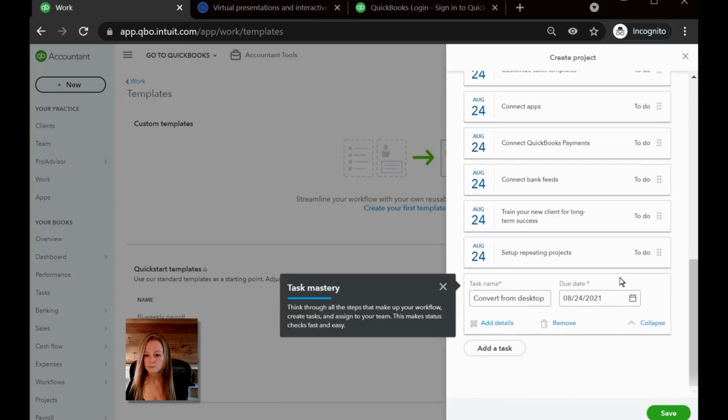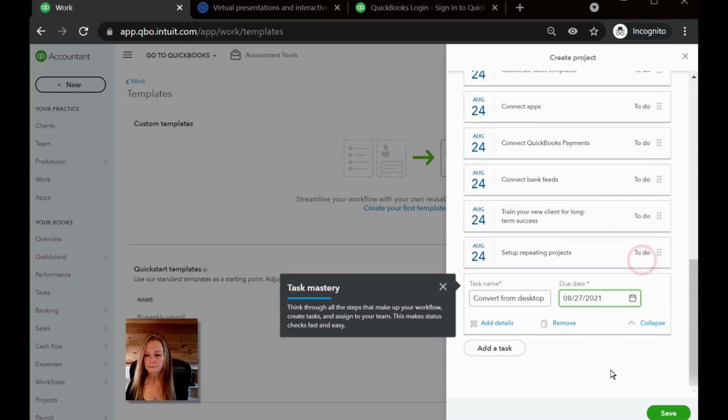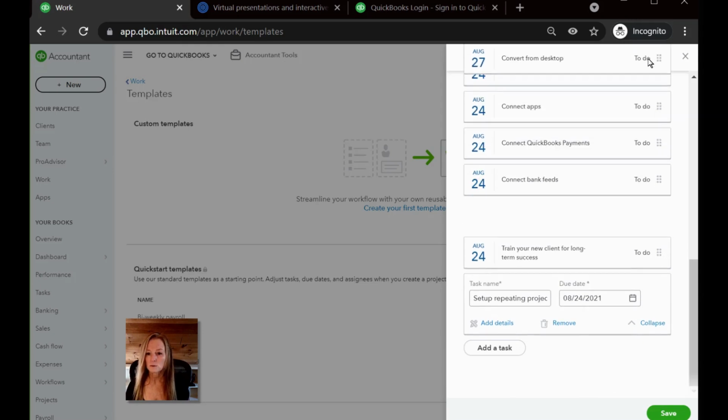All right. So now I can bump that out. I'm going to do the conversion on Friday. All right. So add the tasks. If you want to move the order of tasks, you certainly can. This little grid of six dots, I can put my mouse over it and move it up to where